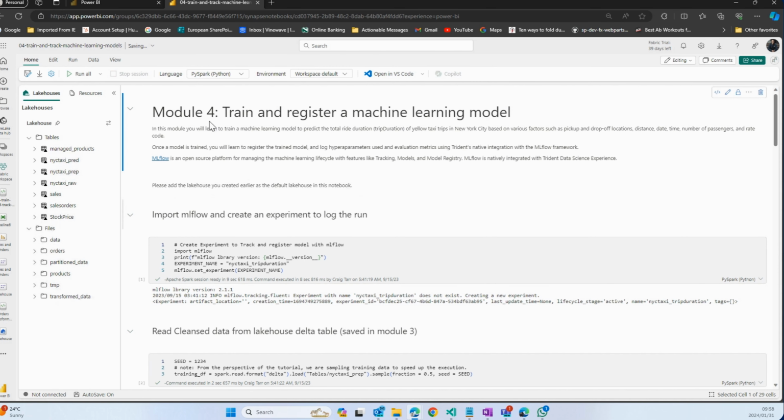Okay, so why this is called a notebook. You'll notice here that I can actually incorporate all of my instructions with exactly what I'm doing. So here I've got a description of what we're doing in this module, training and registering a machine learning model. So if someone comes in and they want to know what this code is doing, they can just read about it. You can include your documentation within the notebook.